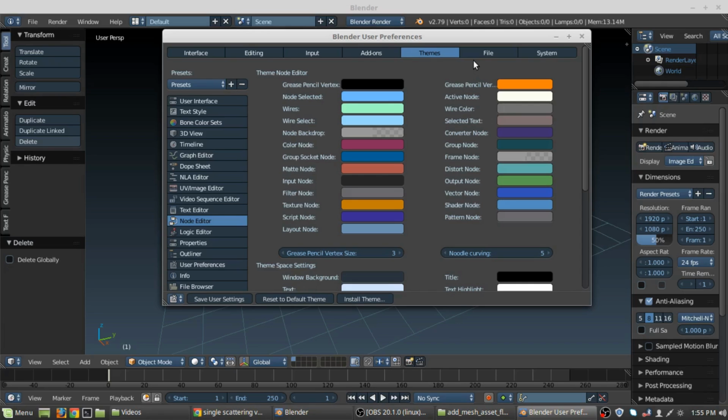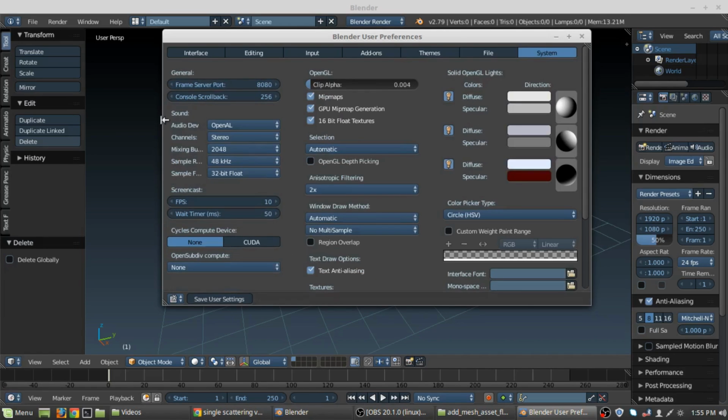From here you can go into System and come down to where it says Cycles Compute Device. It gives you the option to shift your rendering entirely to the graphics card, and it is really helpful to do so, because the software is not going to put all the rendering load and calculation on the CPU. Instead, it is going to put that calculation on the GPU, making it faster and less hard for your CPU to compute. This way, your computer won't get stuck, lag or crash while rendering. Chances of crashing or lagging will be minimized. So you want to shift to the graphics card for rendering,